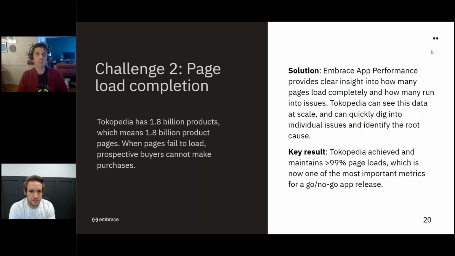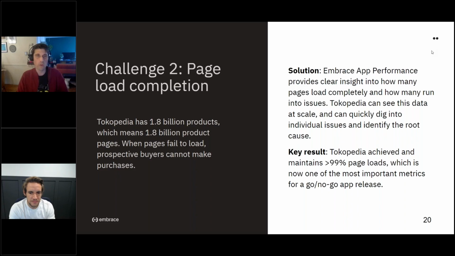They used that to get visibility into which pages were loading very slow and ultimately having missing elements or failing to load entirely. And from that, they could see the full impact, like which pages were loading the slowest, which ones were failing the most, so they can hone in on those, figure out what was wrong, and fix them. And because of that, they were able to greatly improve their page load completion rate. So they're now loading over 99% of all their page loads successfully without errors.